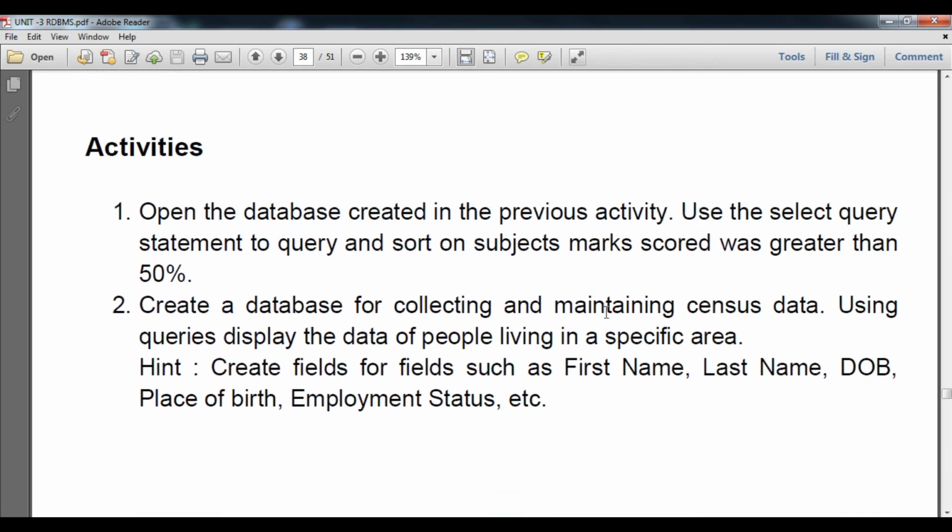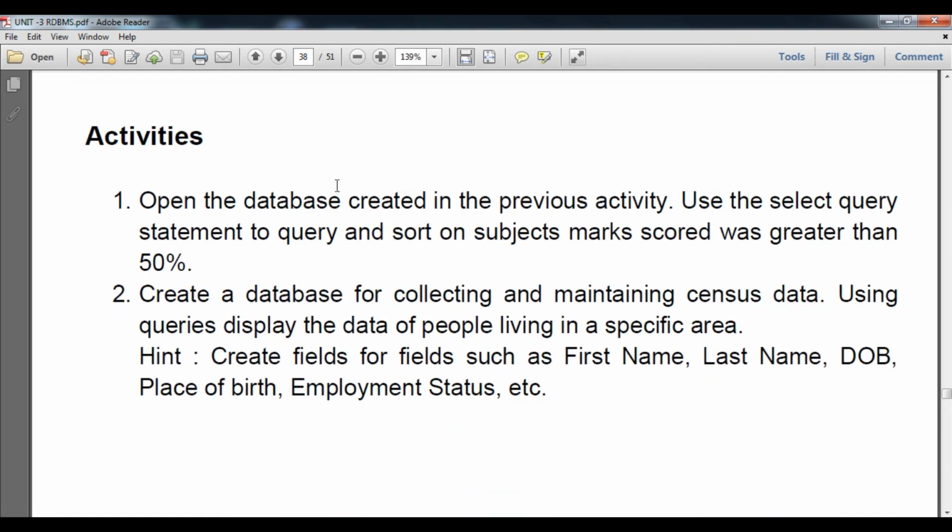Now students, you have some activity for the day as homework. You have to open a database application, the Base application. Open the database and create the previous activity that we have learned in this video.